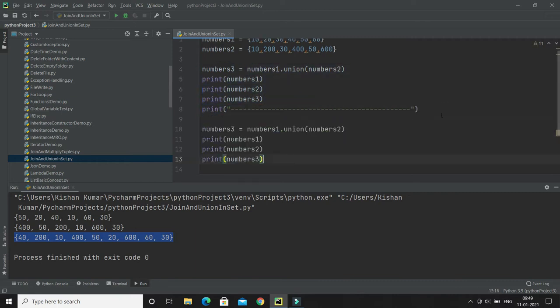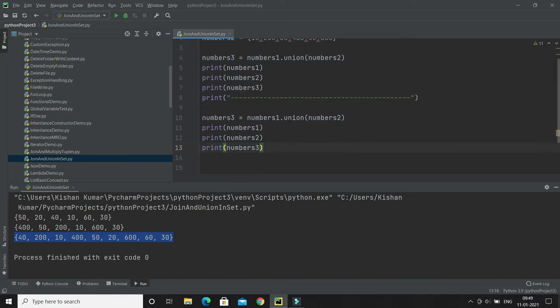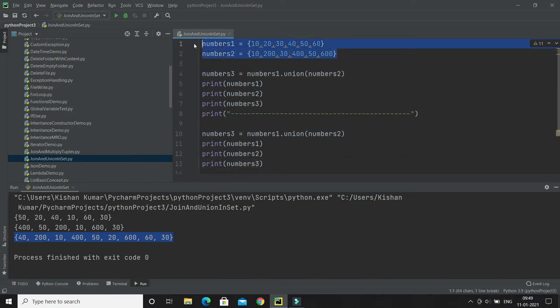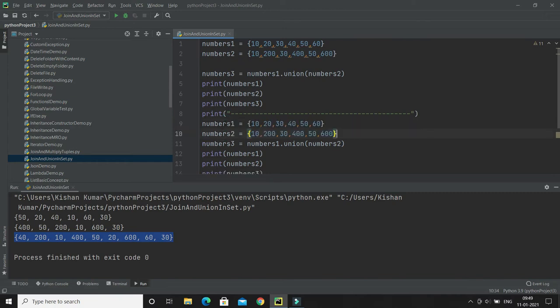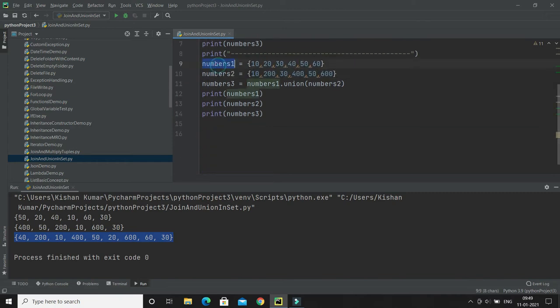When you do update, let me copy the sets again, so numbers1 and numbers2 have their original values. Now when you do update, you won't get a new set returned. You simply do the update, and since we are calling the update method on numbers1, this set is going to change to the result of the union of these two.